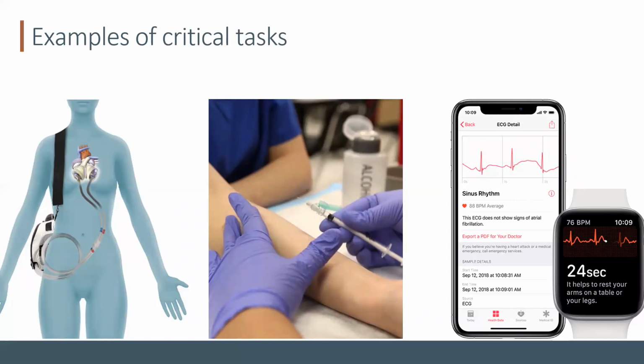So some examples of critical tasks. On the left, we've got a total artificial heart that is connected to a pump. So the connection between that artificial heart and the pump is very important, life-sustaining. And so making that connection, someone has to actually physically do that. And so that would be a critical task. That's a pretty easily identifiable critical task